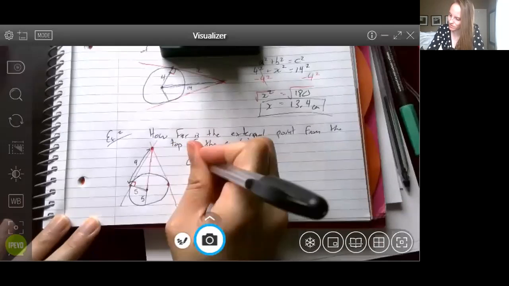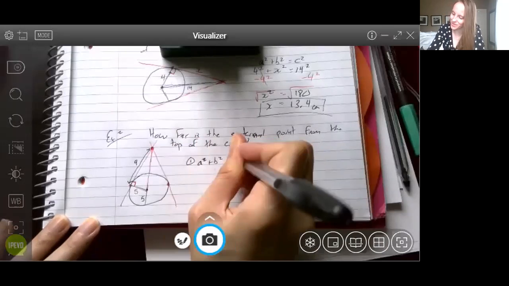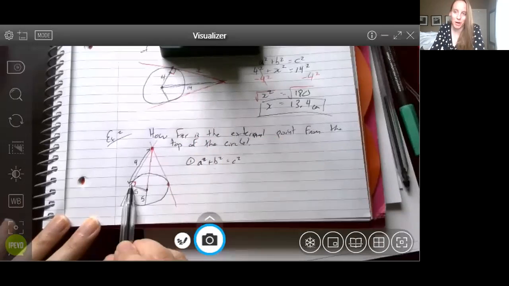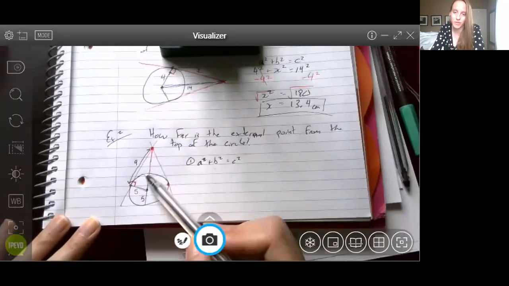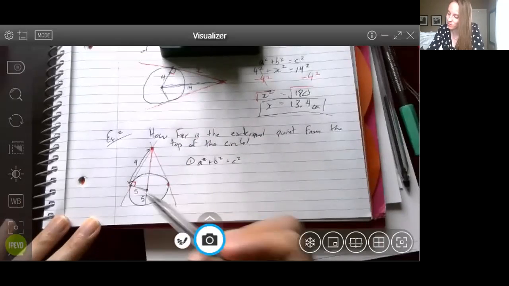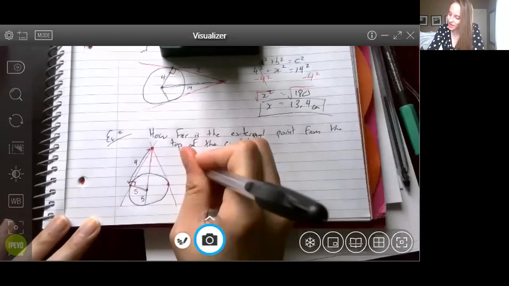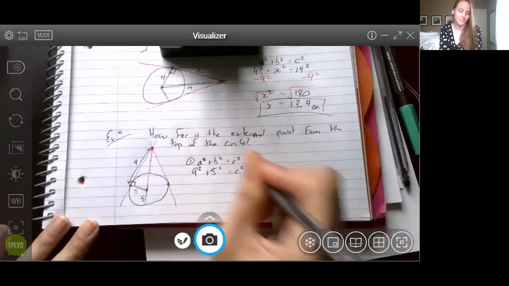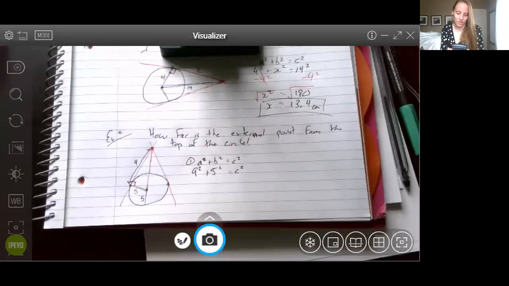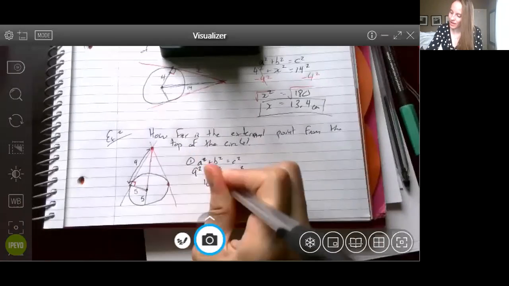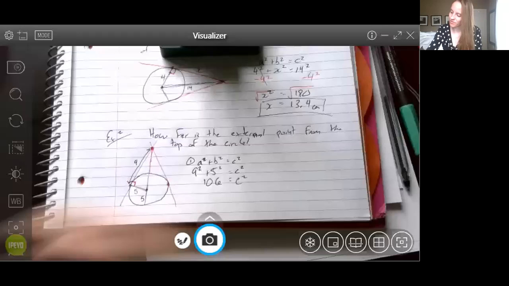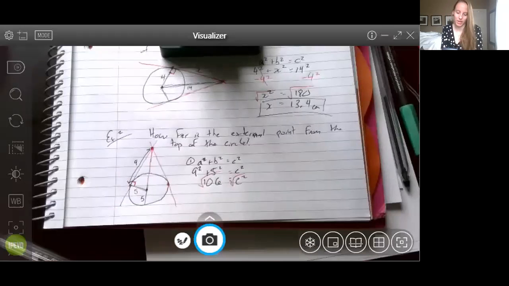So the first thing that we're going to do is, of course, Pythagorean theorem. So a squared plus b squared equals c squared. This time, our missing side of this right triangle is our hypotenuse. So it's our c squared that we'll be looking for. So we just do 9 squared plus 5 squared, which is 106. And then, of course, we need to square root it in order to get c by itself. And we get about 10.3